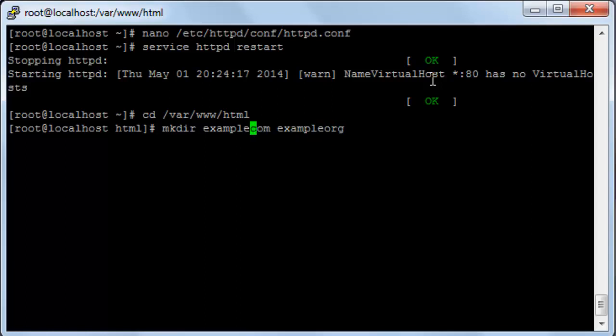I'll add an E over here and enter. Now I have made two directories. This is the first one and this is the second one. Now let's create an index file inside each directory. First we will start with example.com